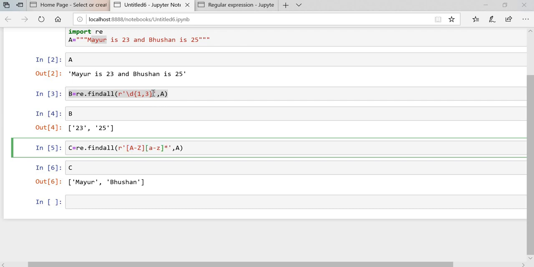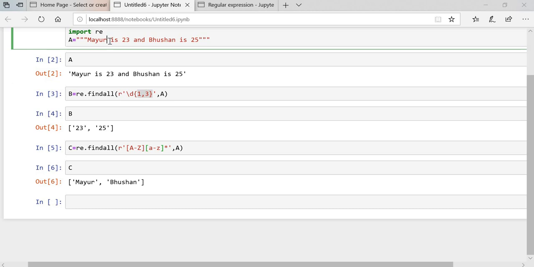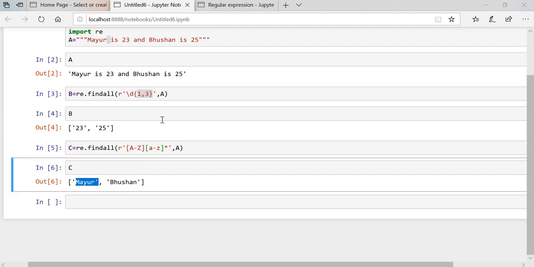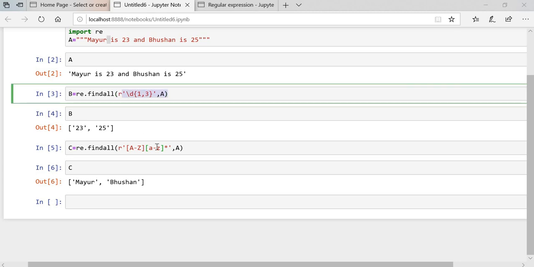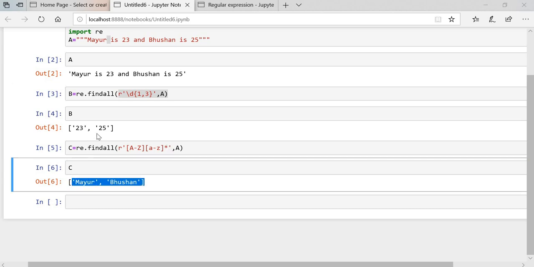Remember this also, we have given the range 1 comma 3 for the integer. For this there is no need to give any range. From this star we will get the value. There is no need to put the range over here. In the integer statement we put the range, and here we have just put the star. Okay, we'll get the answer.